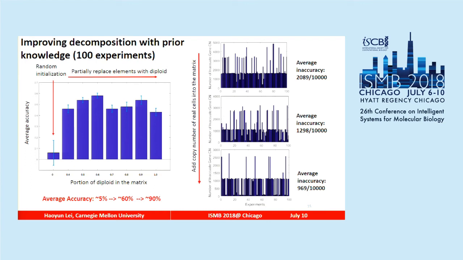increases significantly. And then the right three figures show that we replace the random initialization with some real single cell data, and we find the average accuracy continues to increase. So we can increase the average accuracy from 5% to 9% when we introduce some real single cell data into the